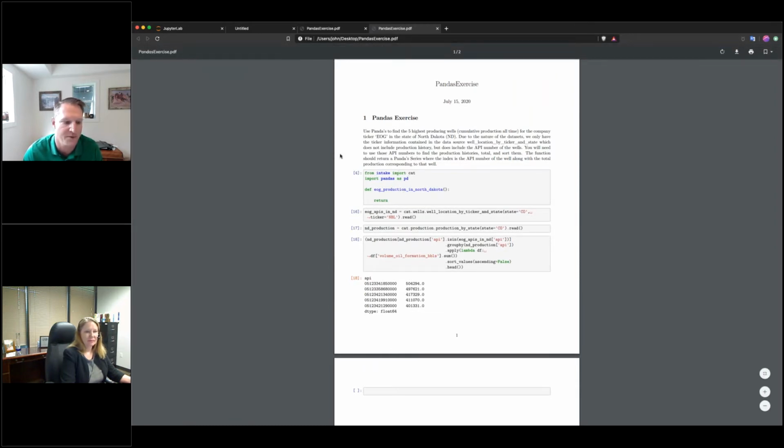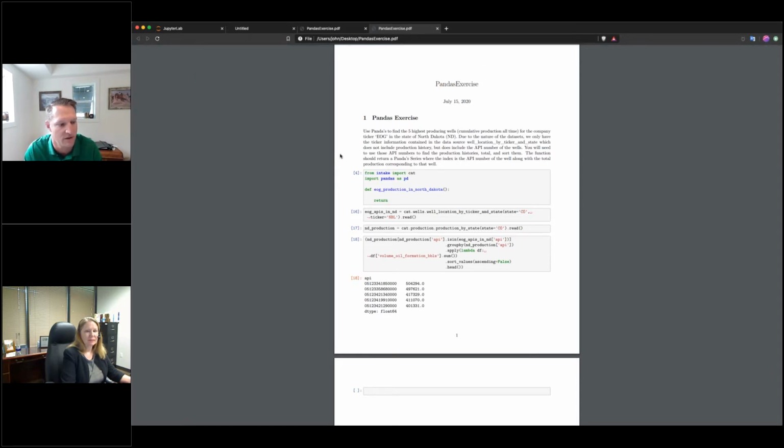So there are many options. We cover all of that in the energy data science course, how to share the code itself as well as the results of any analysis.